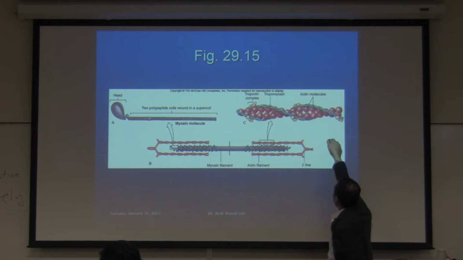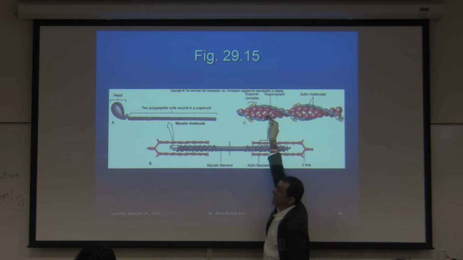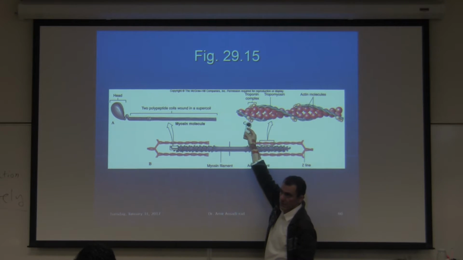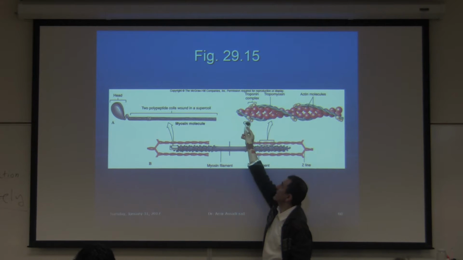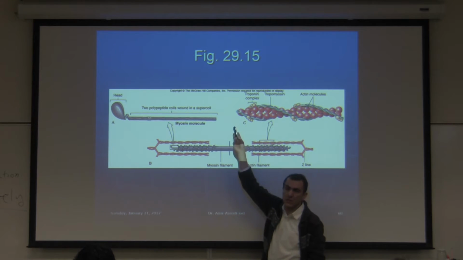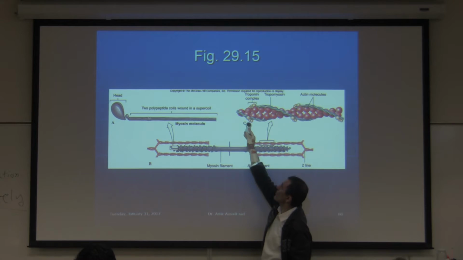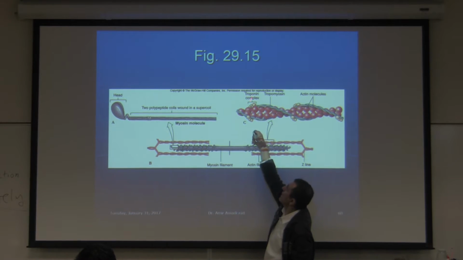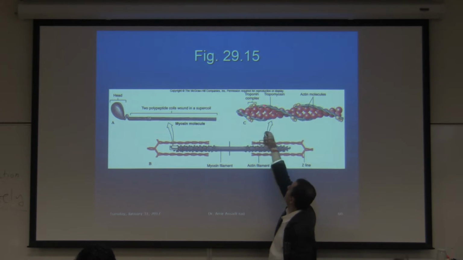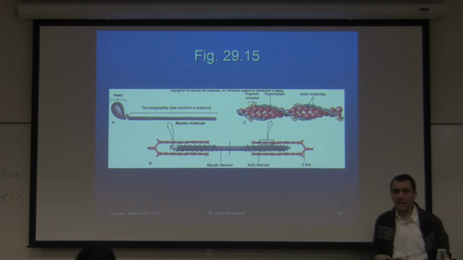So these actin molecules are connected together by that protein molecule, tropomyosin. It's called tropomyosin. And throughout the actin molecule, you see these little protein molecules called the troponin complex. They're like ping pong balls. If these are tennis balls, these are like ping pong balls. If they're like a balloon, this would be like tennis balls. I'm making analogies. Ping pong balls, small protein molecules called troponin complex, three of them scattered throughout the actin.